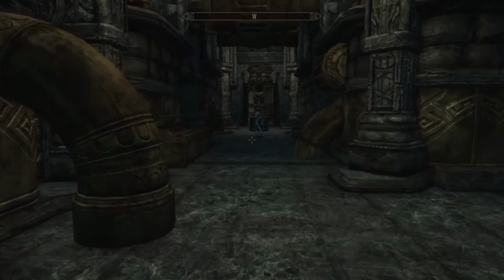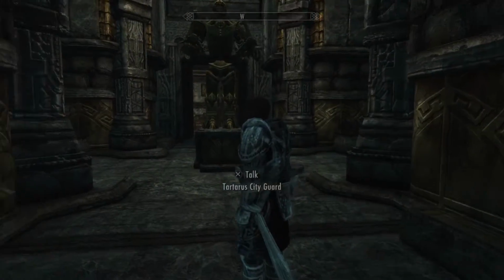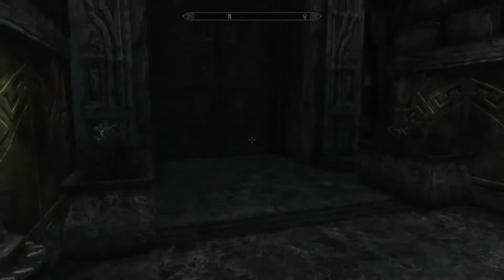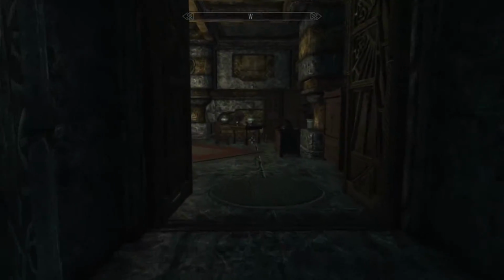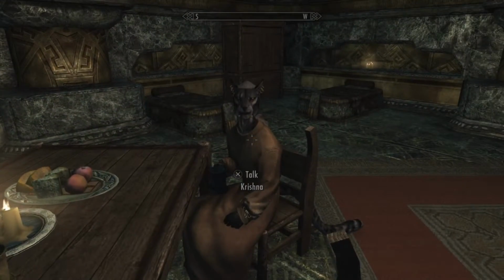You come down here. You got another guard who's supposed to be following the path, but he's having a bit of a funny moment because of load order. And you got some other covered living quarters here. But the main living quarter up here, primarily, is this one, where we have Krishna the Khajiit,